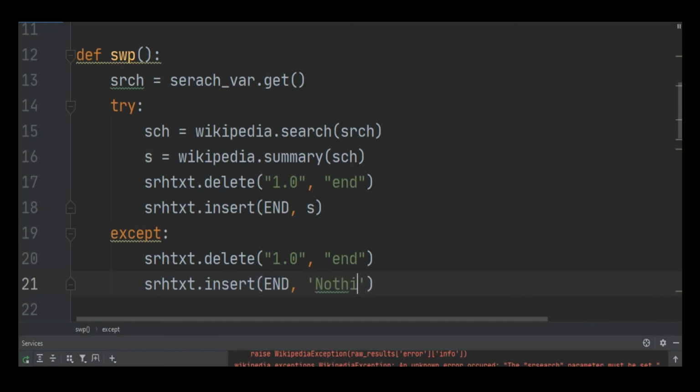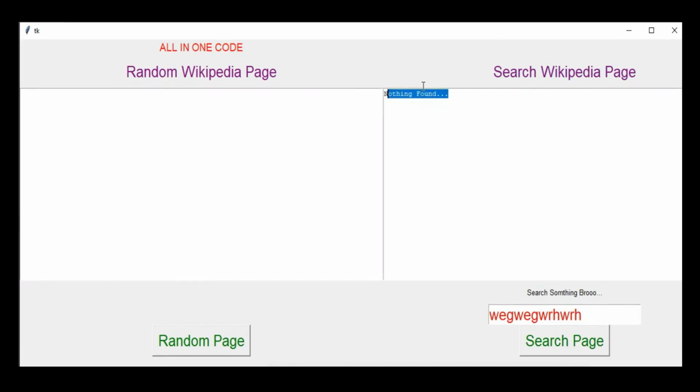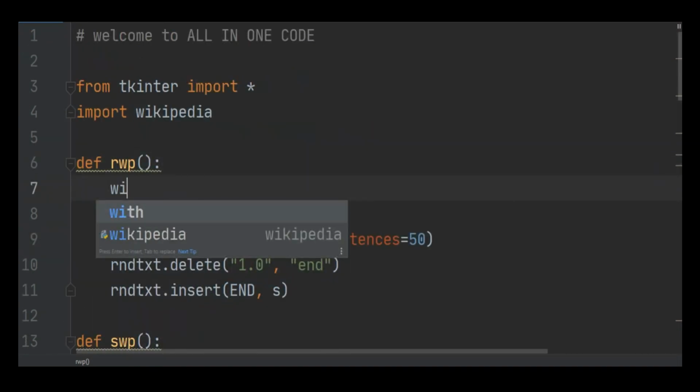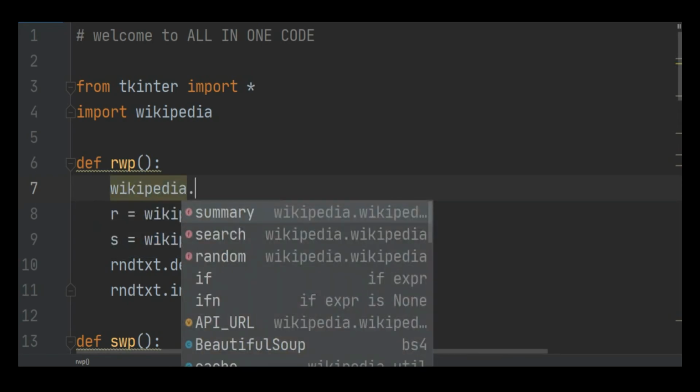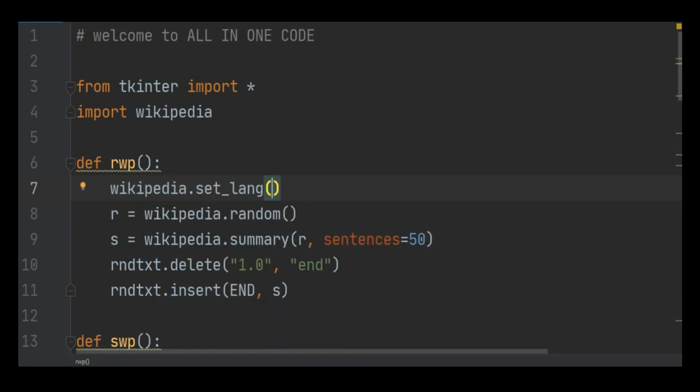And even if you want to add a choose language section in here, you can do it too. You just use wikipedia.set_lang. Let's try wikipedia.set_lang, and in here you can pass any language. Let's try Hindi. Oops, I think the code is incorrect. Let's try French. I know the French code is FR. Now let's try. You can see I got la bataille de Kino Long. You can see this is the French language.